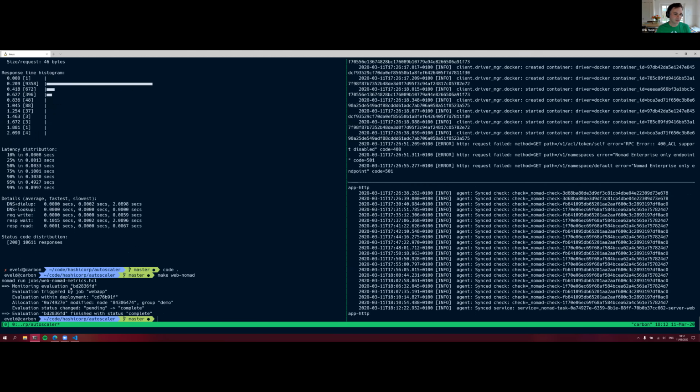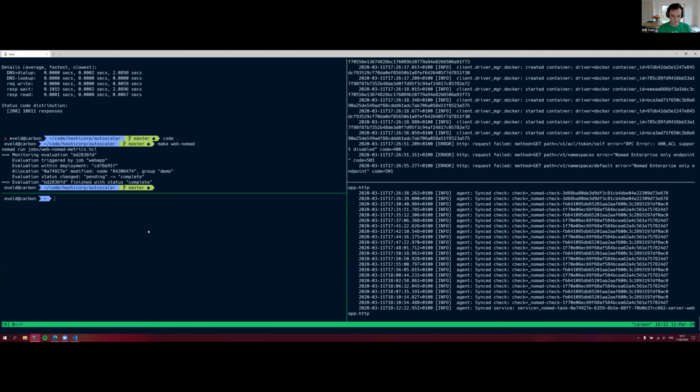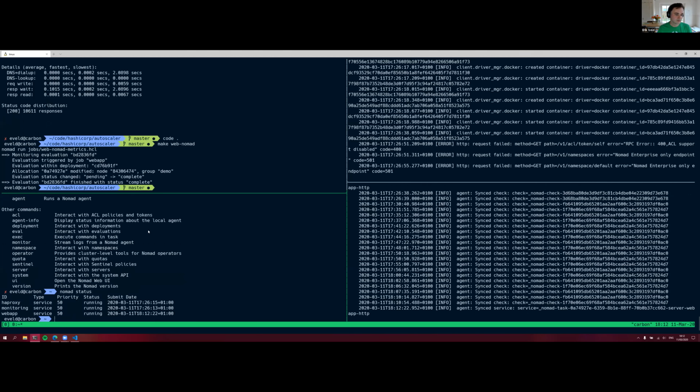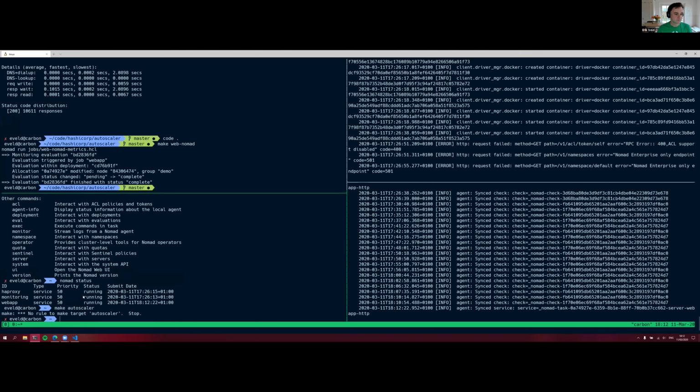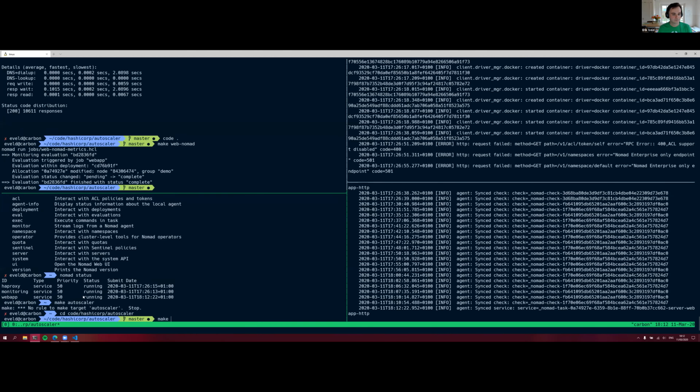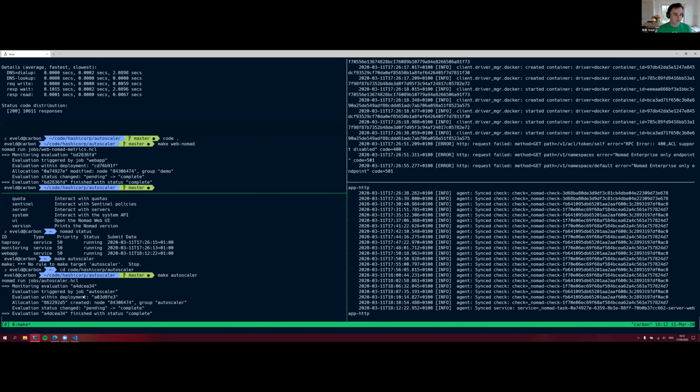Right, so we're sending that job in, and let me, at the same time, start opening the logs for the Autoscaler, which I'm not running yet, so let's actually start running that.